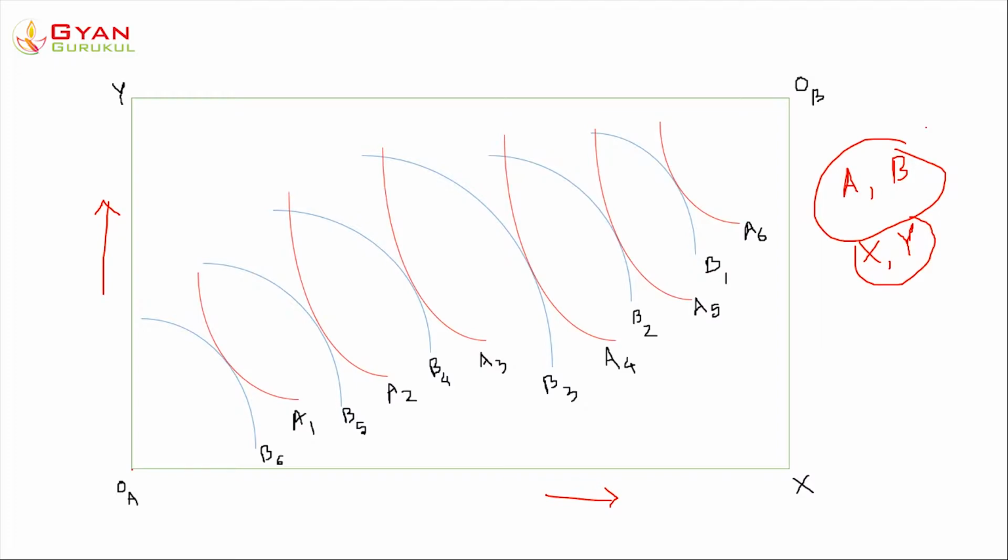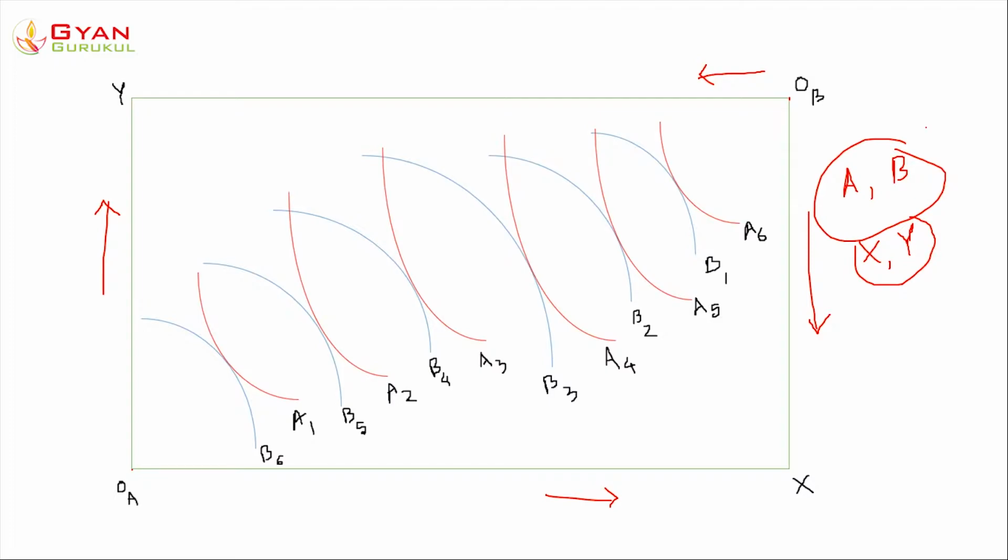Now, from the opposite point of view, from the point of view of consumer B, the consumption of X has been shown this way. From here it represents 0, and when we move downwards from the point of view of B, the consumption of X is increasing, right? Sorry, not X, in this axis we are showing Y. From here we are showing Y, and when consumer B moves this way, here we are showing the consumption of commodity Y by consumer B. Clear?